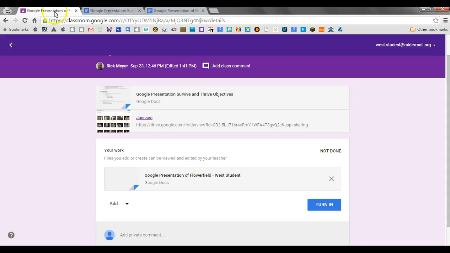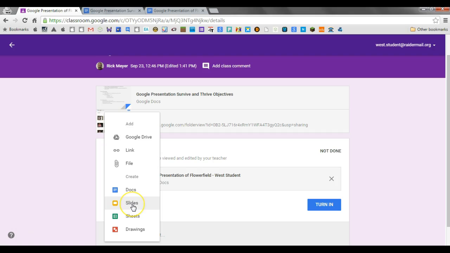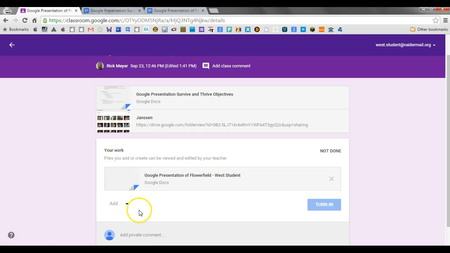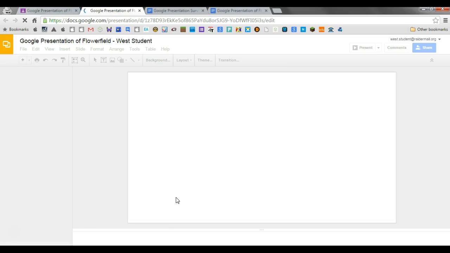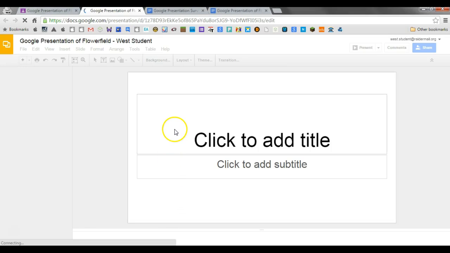So I'm going to go back to Classroom. And in Classroom, in my work section here, this is the same place that I created my document. I'm going to go ahead and go to the Add, and I'm going to do Slides this time instead of a doc. So if I click Add Slides, that's going to create a presentation for me. Just a few seconds here. You should see it pop up right there. It is. And now I have my presentation. So it's right underneath of my document. We're going to go ahead and open up that presentation,